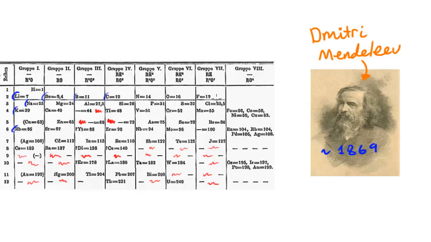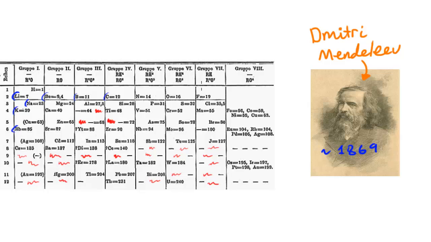And one of the things which set him apart from a lot of the chemists which were around at his time, which were working on the periodic trends which were arising, was that he actually left gaps in his table. If you look at these dashed lines which I've indicated with the red squiggles in my table here, those indicate where there's been dashes, and what these dashes mean is that Mendeleev had predicted that there's some unknown elements which should be in those slots. Now, the elements hadn't been discovered yet, but he had this inkling that those elements are going to be discovered and they're going to be placed in those spaces.